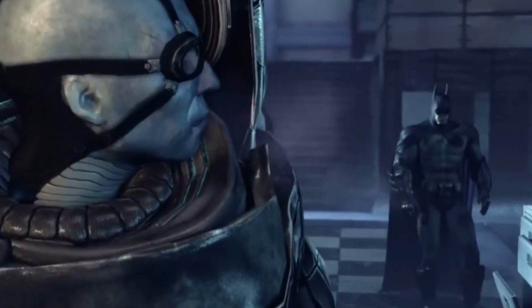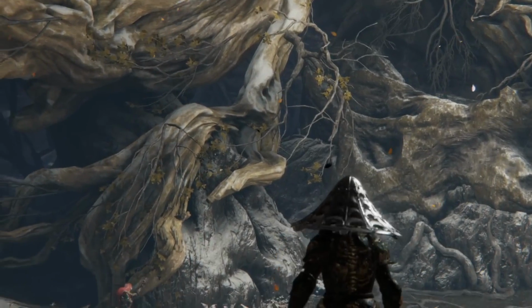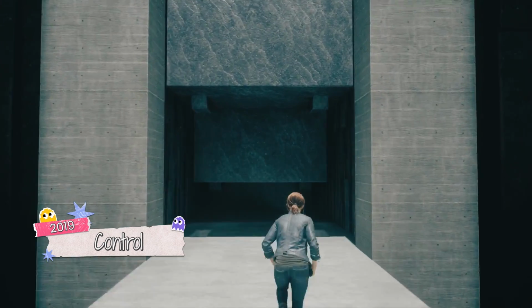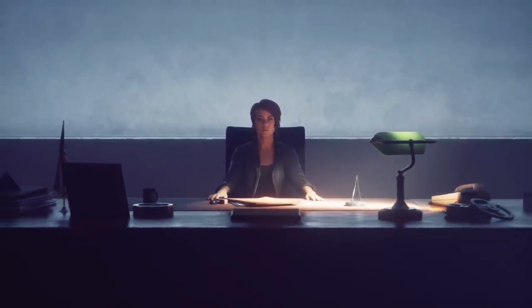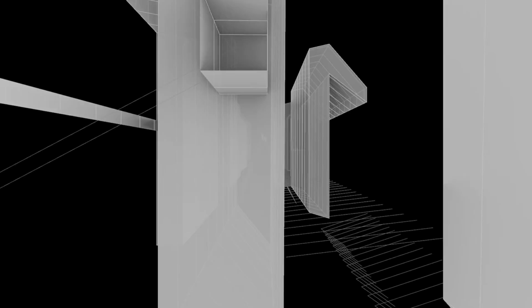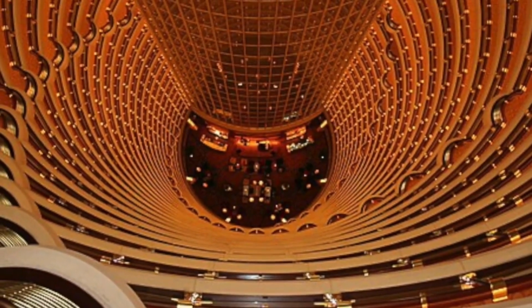about to go down? Game designers signal boss fights and other threats to players by using the architectural principles of compression and expansion. Narrow hallways and corridors compress people and encourage them to keep moving forward. When rooms expand and grow larger, people slow down and pay more attention to what's around them. Architects and game designers both use this technique to naturally guide people towards specific directions within a set building or